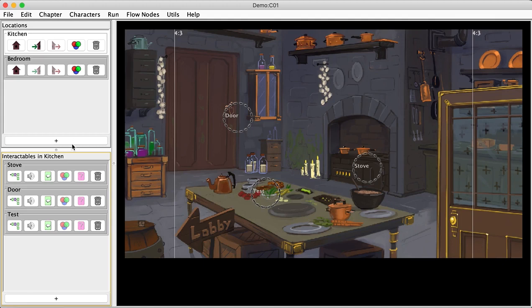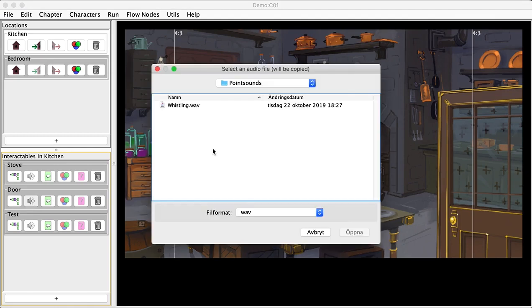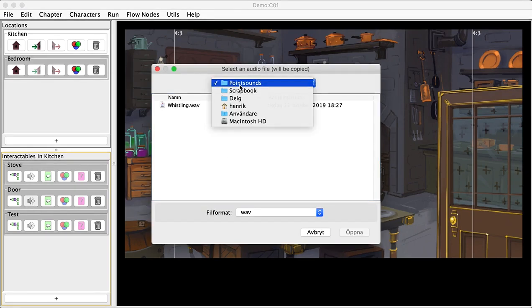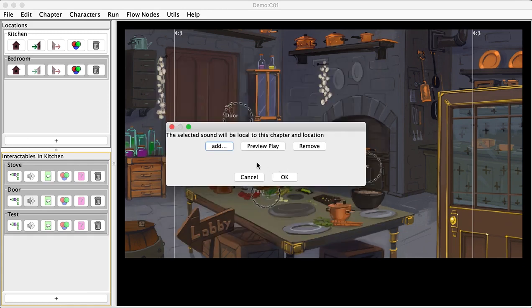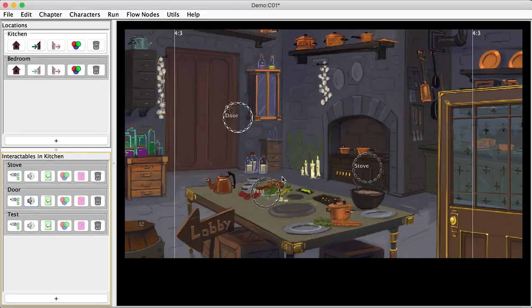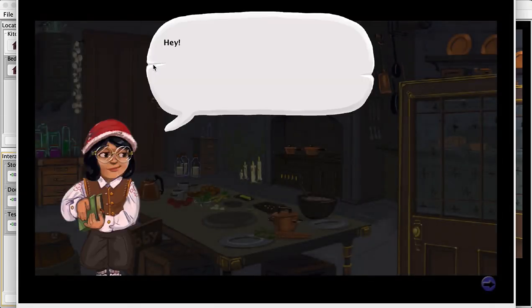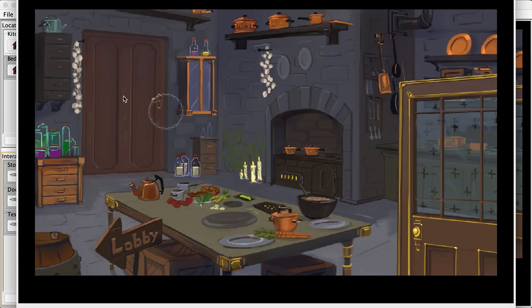That's useful, and you can also add sound that will be used to find the interactable. Now we don't have so many, but we have a whistling sound here. And if we play and we look, if we look for the door,